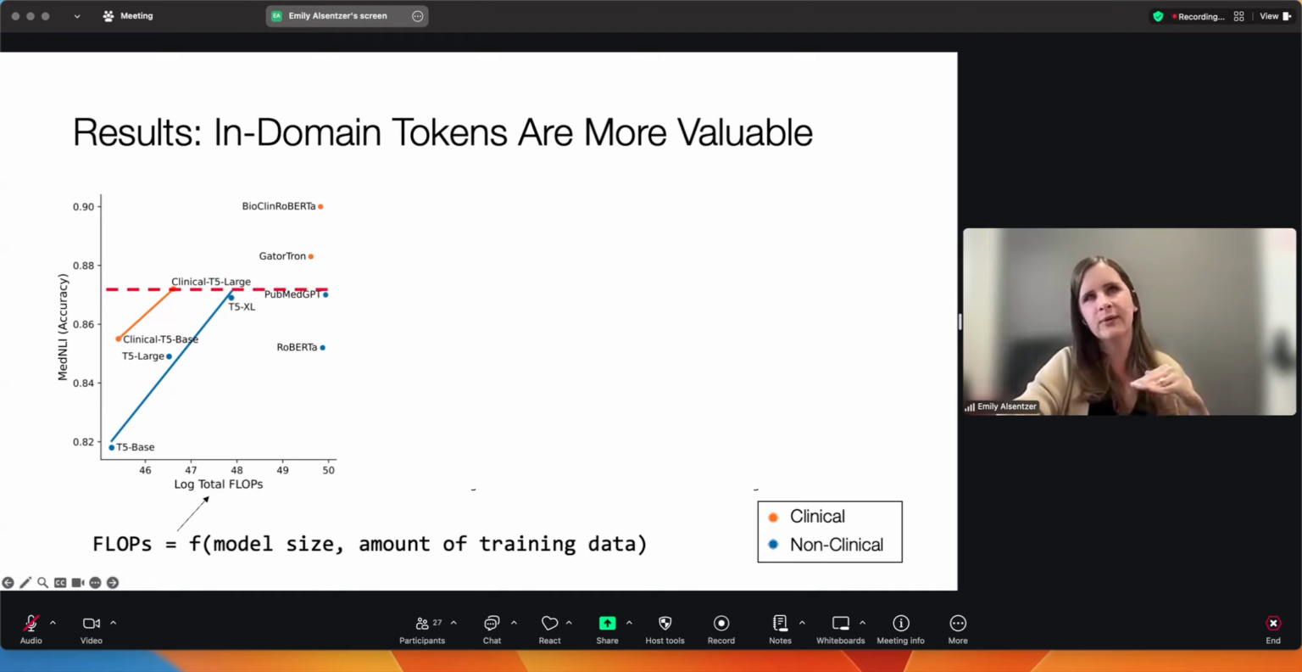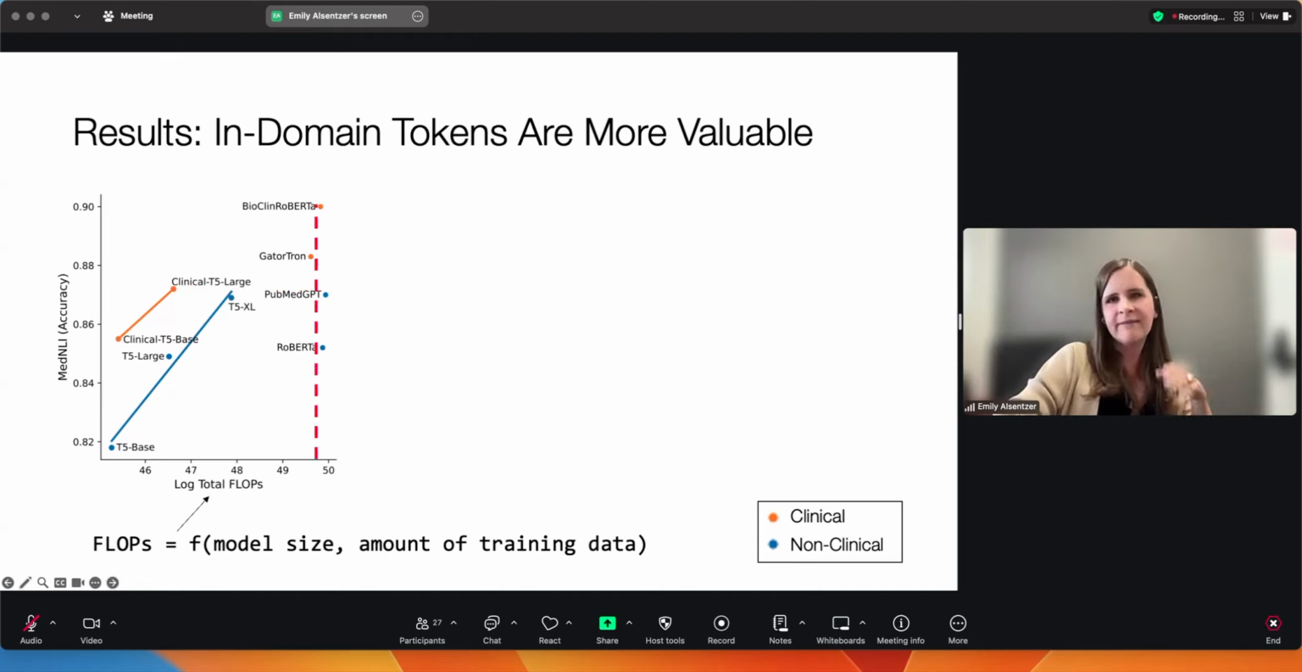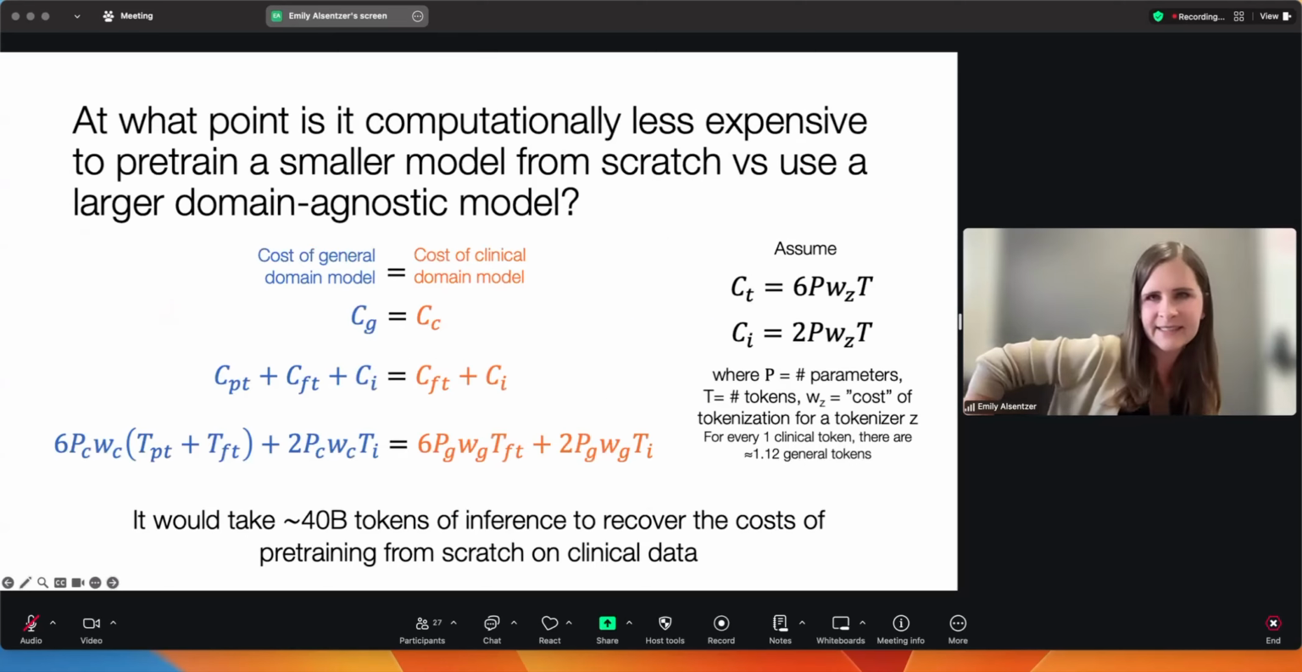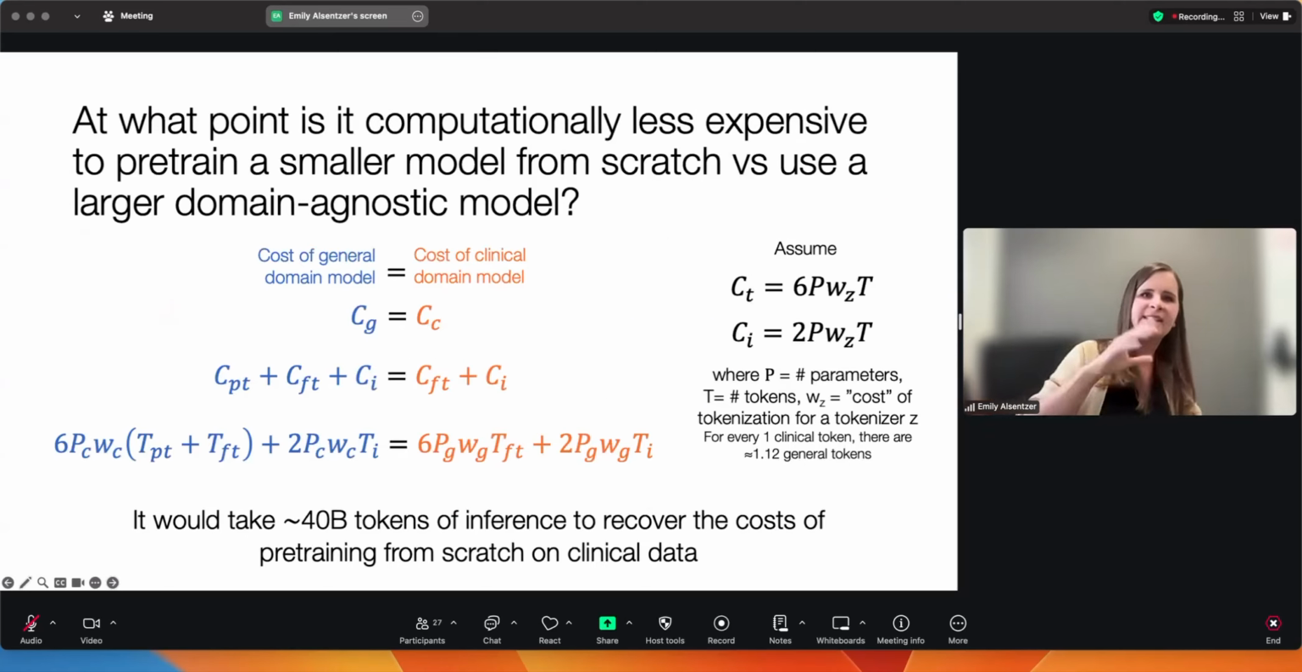So clinical models require fewer flops to achieve the same performance. Furthermore, for a given amount of flops used to train the model, clinical models achieve higher performance as well. And these results hold true across all three of those data sets that I showed you. Now, I'm going to skip the details of this in the interest of time, but we also did this analysis